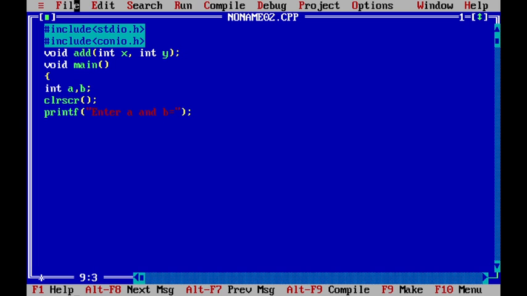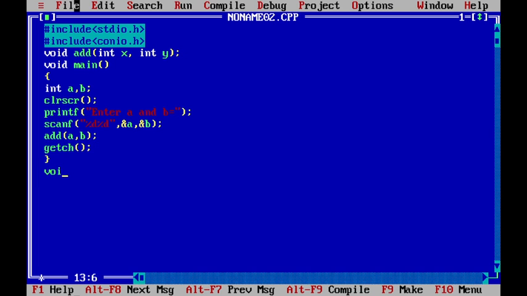Okay, scanf %d %d, &a and &b. Now we are going to pass these values to the user defined function add. So add(a, b), and then getch, and close the main function.